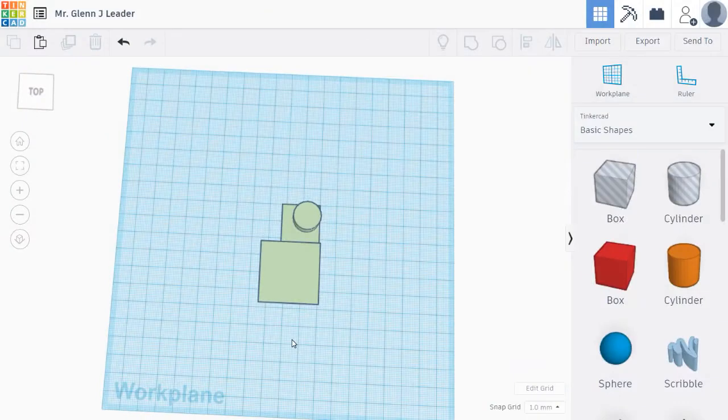Okay, so what we need to do now, next part of the lesson, is to rotate. Now this is very similar to flip, except with flip you can only rotate it 180 degrees, i.e. make a mirror image of it. With rotate you can actually have much more precise control over it, and that's what this part of the lesson is all about. So select the object that you wish to rotate,